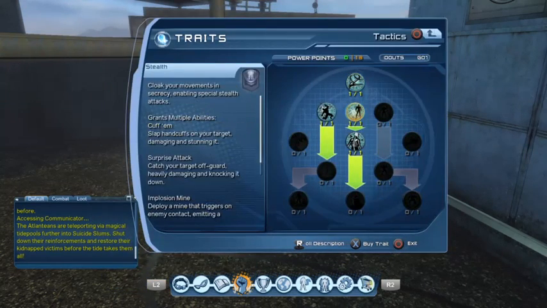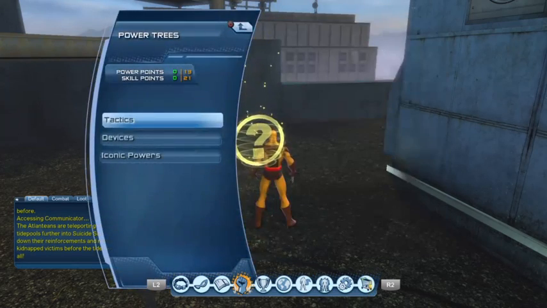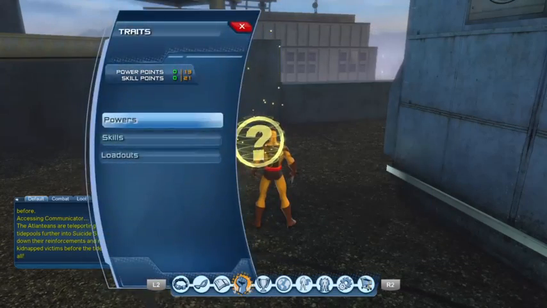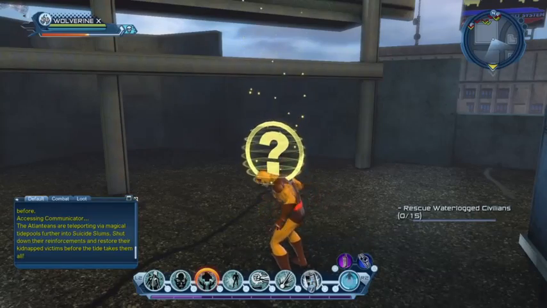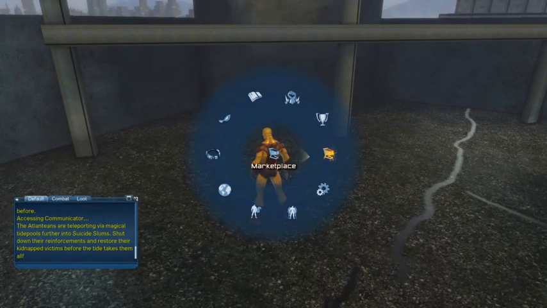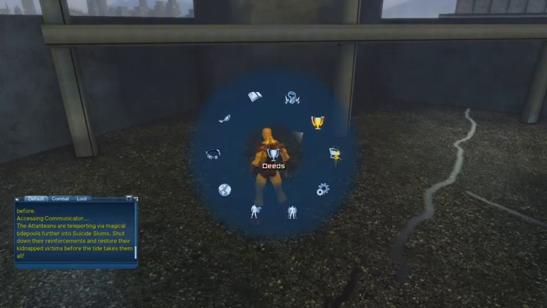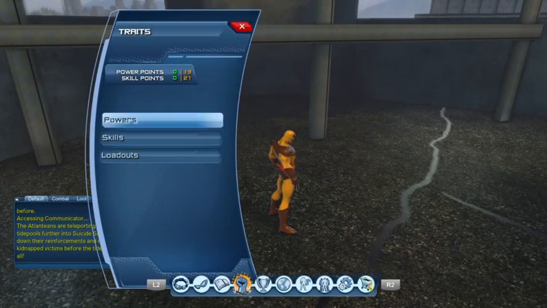So if I get the gas grenade, it electrifies enemies. So you throw the gas grenade, the enemy is electrified, and then you throw in the napalm grenade, and the enemy will get extra damage. And essentially, if I could make a loop...